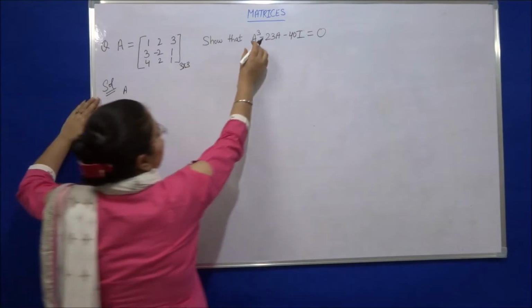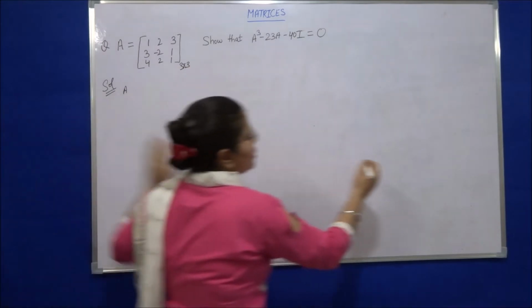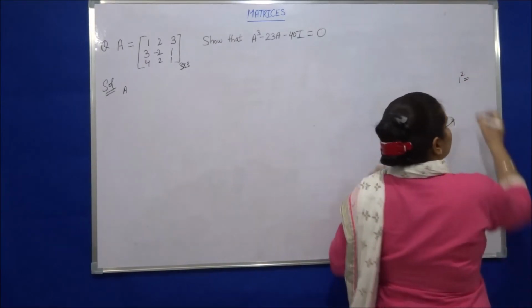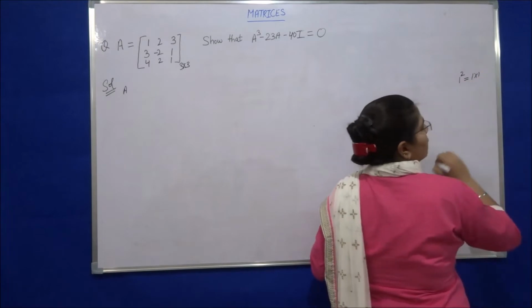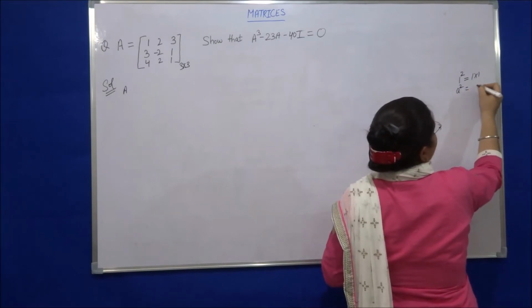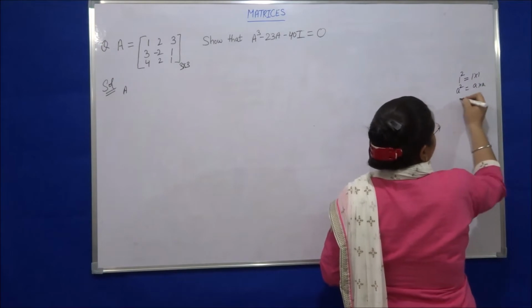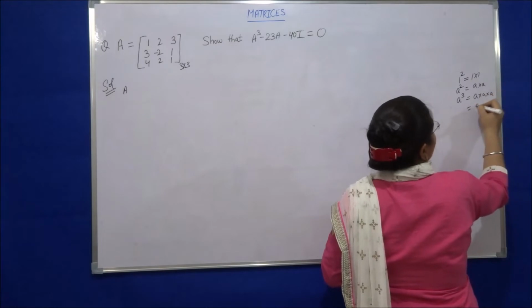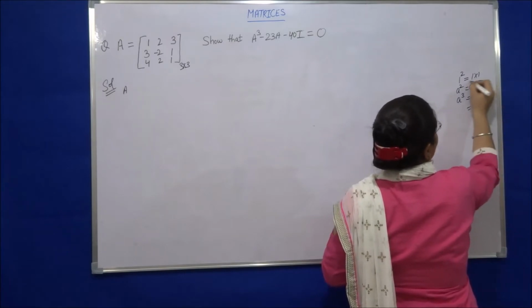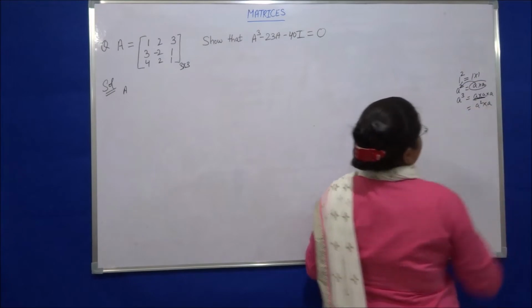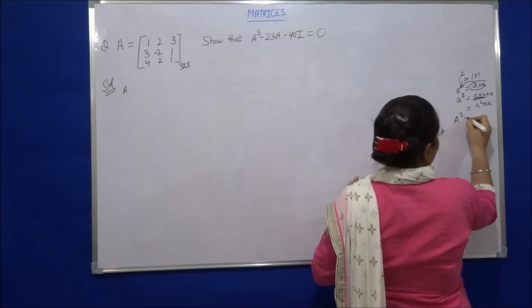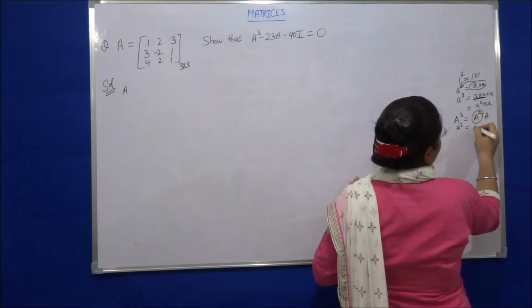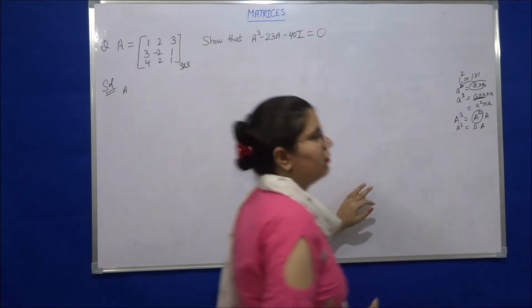to find the value of A³, firstly one thing should be noted: whenever we have to find the value of 1 squared, we multiply 1 with 1. Or if you want to find the value of A squared, it will be A into A. And if you want to find the value of A cubed, it is A squared into A. So in a similar manner, A cubed will be A squared into A. Now to find the value of A squared, we will multiply A with itself.